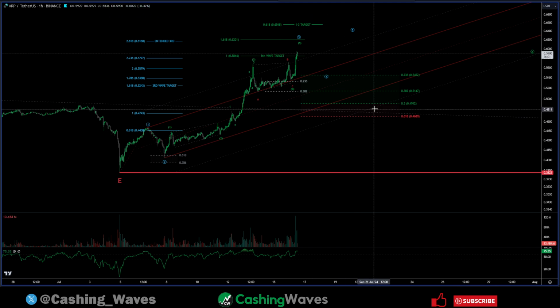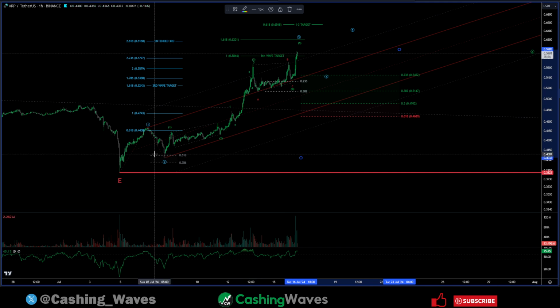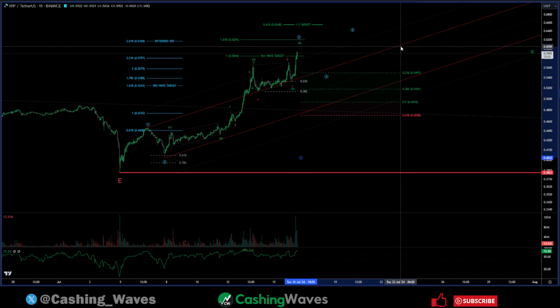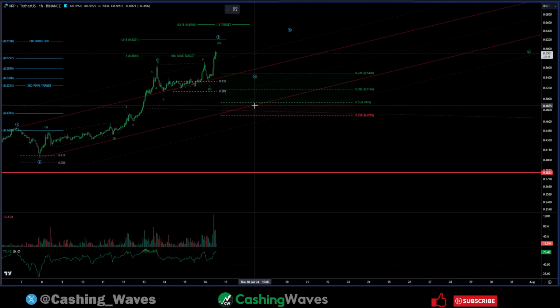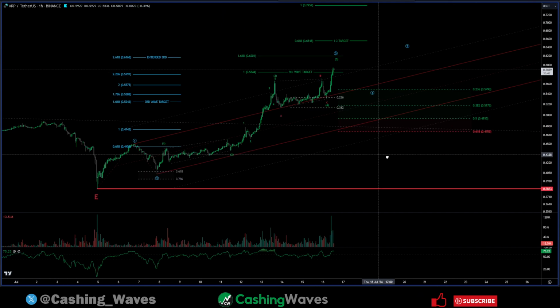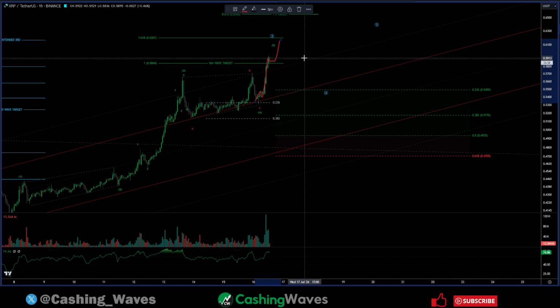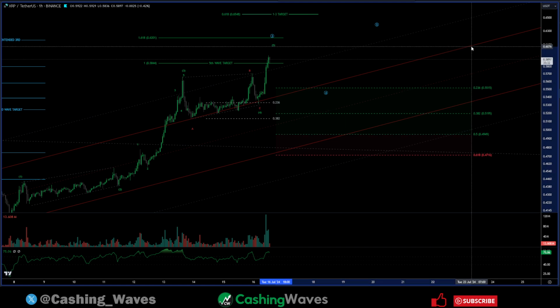Okay, so as for targeting, take the beginning of this third wave right down here. We're going to have to move the pivot whenever this fifth actually ends. It looks like we have one more kick up. Even if you look out on the hourly, you can see we've got a 1, 2, looks like it's working on a fourth here, and we'll get our fifth kick up. So we'll have to see where that pivot is, but where we're going to be looking for that fourth wave